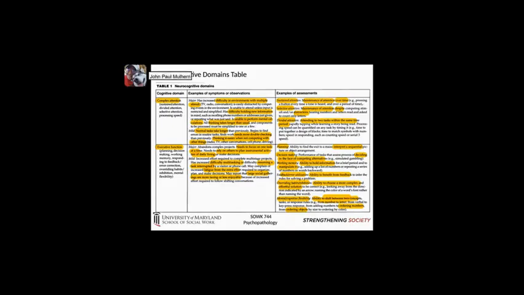So, working memory. A good example of working memory is the ability to hold information for a brief period and manipulate it. Let's say a good example of this might be a child learning his or her timetables, right? The multiplication tables. So the ability to hold on to